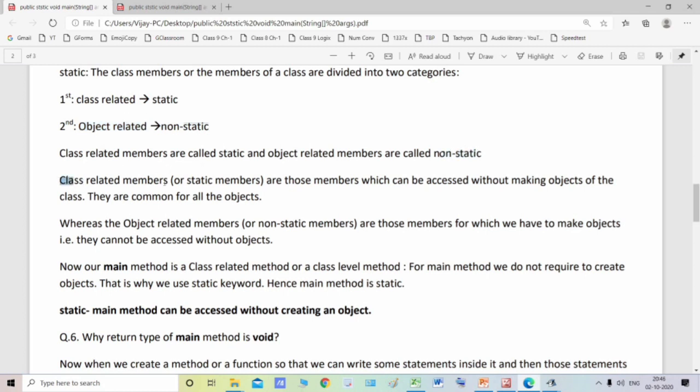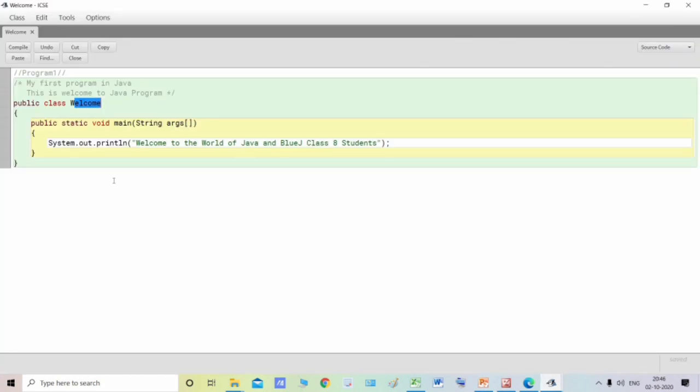Now, students, class related members or static members are those members which can be accessed without making objects of the class. You know that Java programming is object oriented, and in object oriented programming we use the concept of objects and classes. There is no object created in this program right now, but there is a class. A class has to be there.